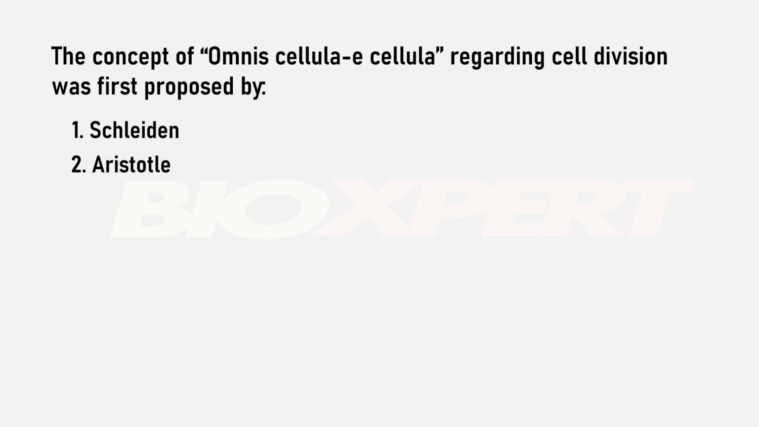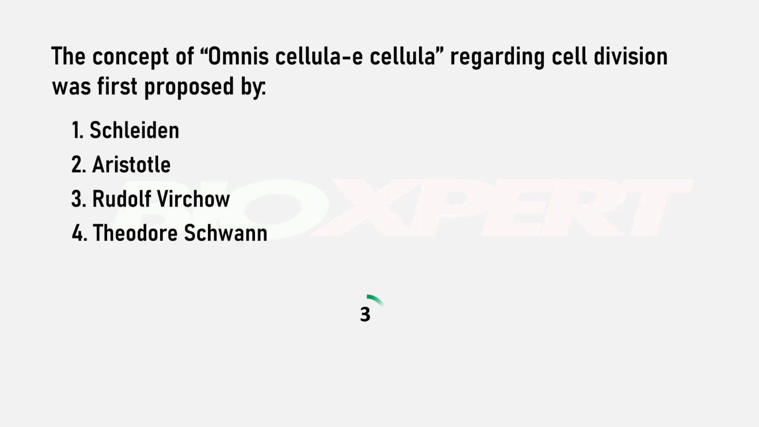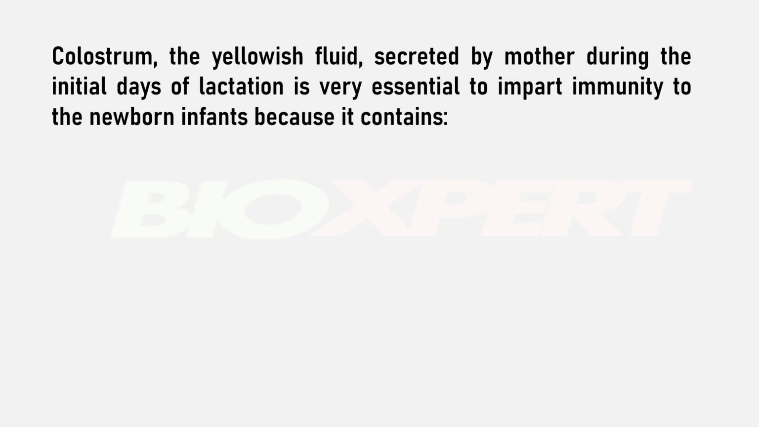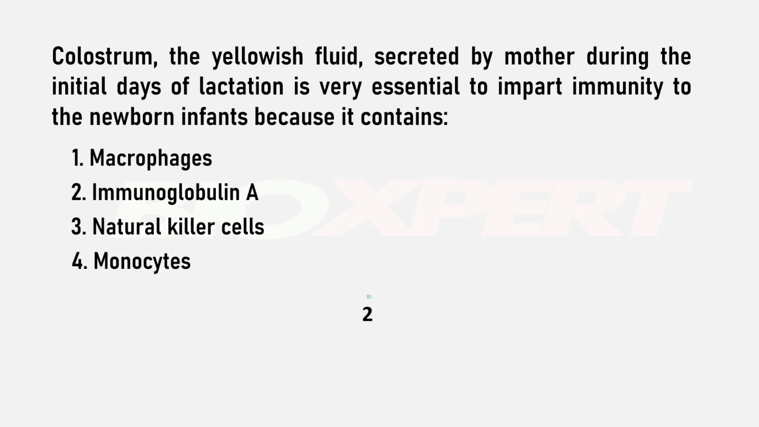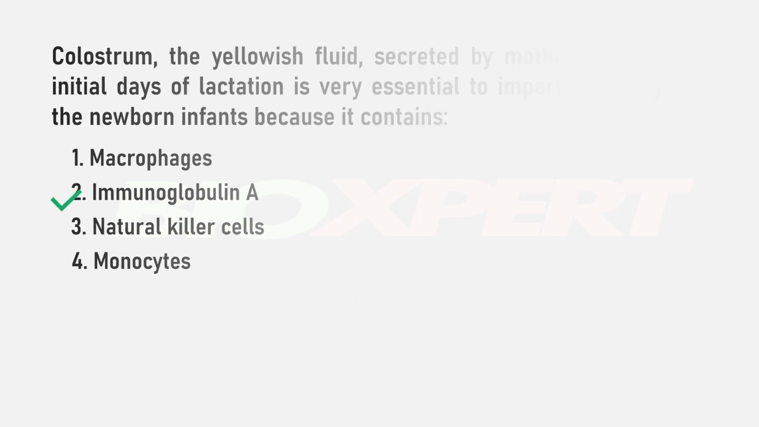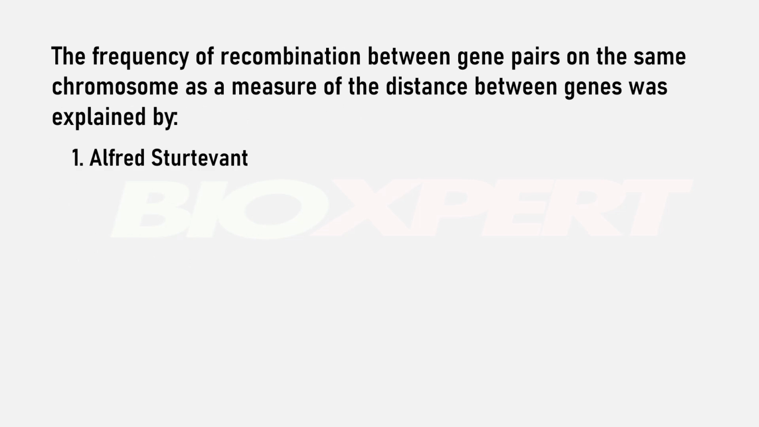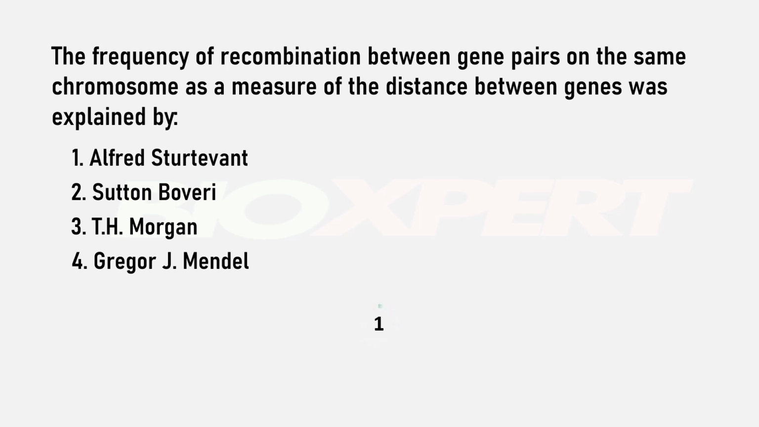hexokinase. The concept of omnis cellula e cellula regarding cell division was first proposed by Rudolf Virchow. Colostrum, the yellowish fluid secreted by mother during the initial days of lactation, is very essential to impart immunity to the newborn infants because it contains immunoglobulin A. The frequency of recombination between gene pairs on the same chromosome, as a measure of the distance between genes, was explained by